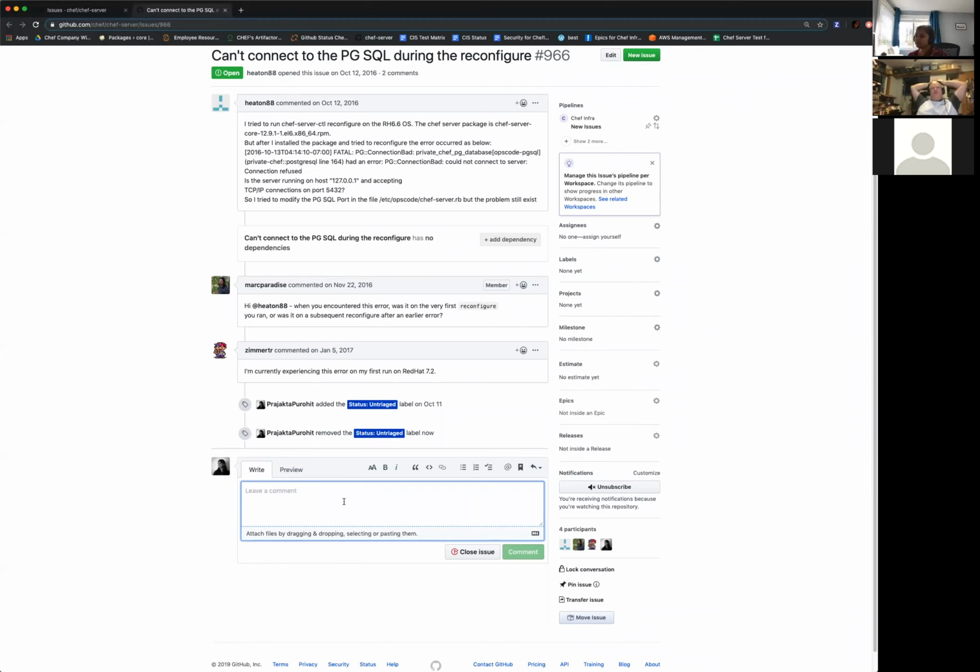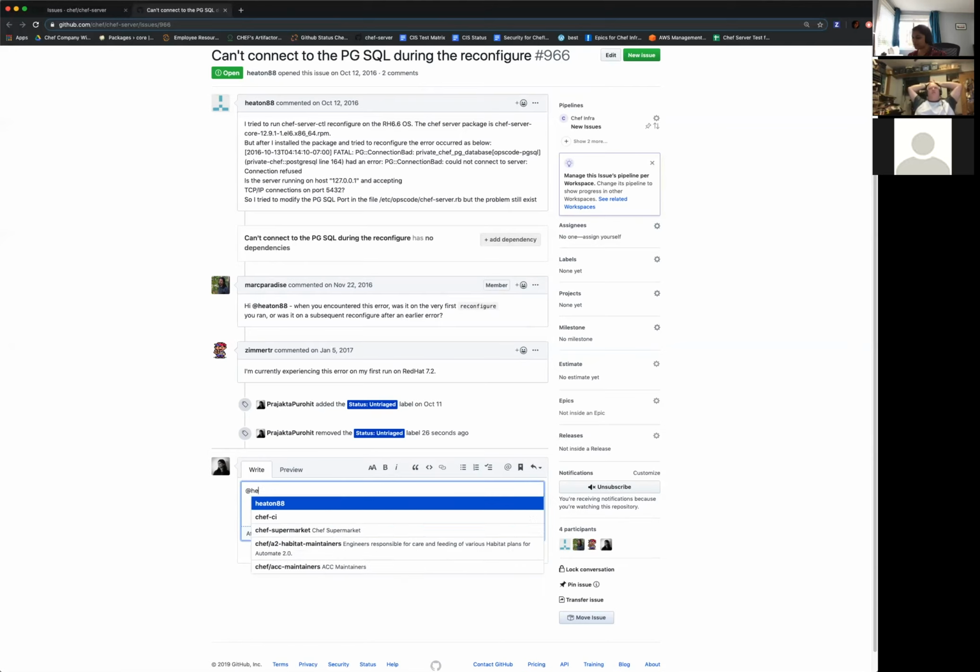So I have a question here. Is it okay to ask them if they are still seeing this on a later version of Chef, and then close the issue and have them reopen it if they are seeing it? Yeah, I was thinking, ask them if they're seeing it on a modern version of Chef Server. But leave the issue open, you think? I would close it and say, please feel free to reopen if this is